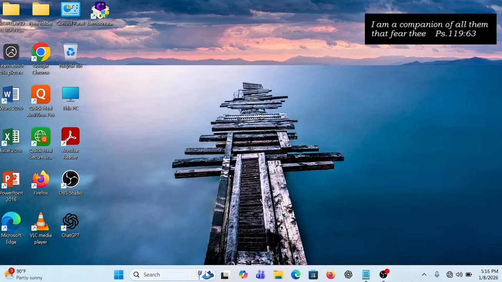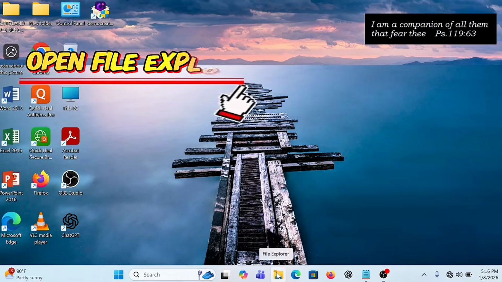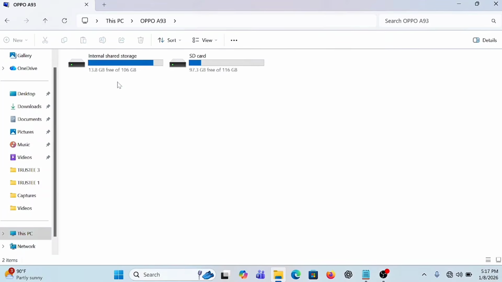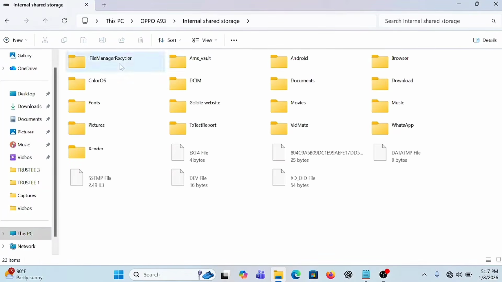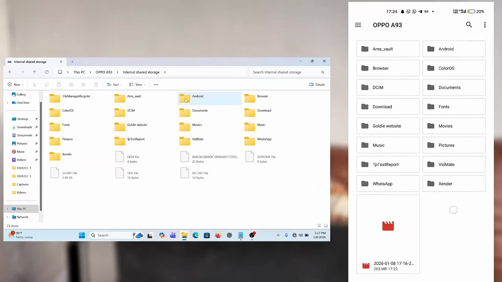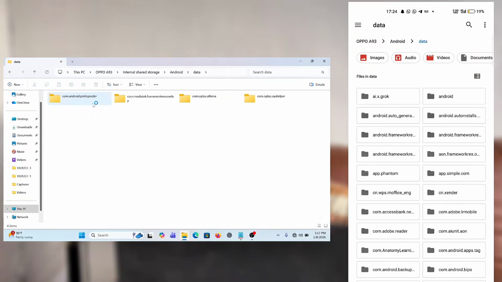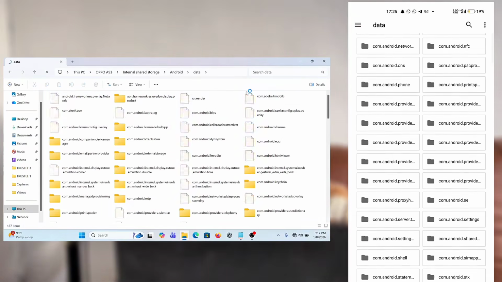But for PC users, what you have to do is to open your File Explorer on your PC. As you can see, click on the File Explorer, locate the phone's internal storage, and then click Android. After clicking Android, now this method I want to list now, it works for Android and the PC. So what you have to do, as you can see on the screen now, the Android and the PC, click on Android, click on Data, the data folder,